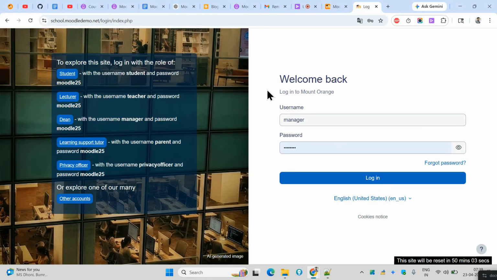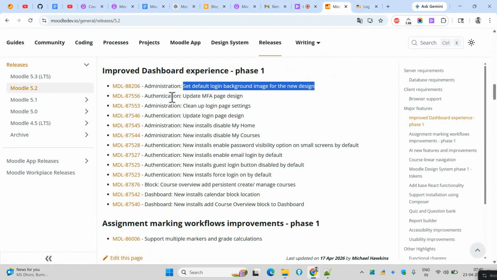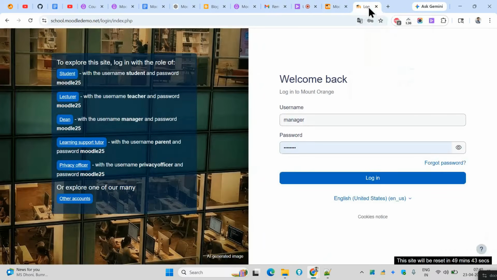So now login will have an option. You can have a background image on the left side and the right side of your page. This is the first change to notice. Clear? So this is done. The background image will have the option here. Now, once I log in